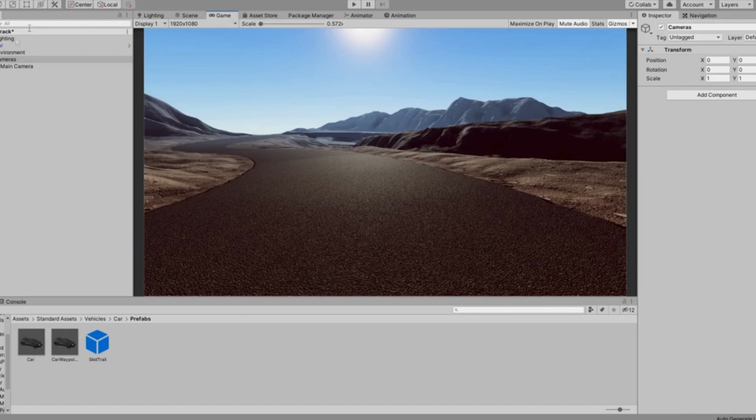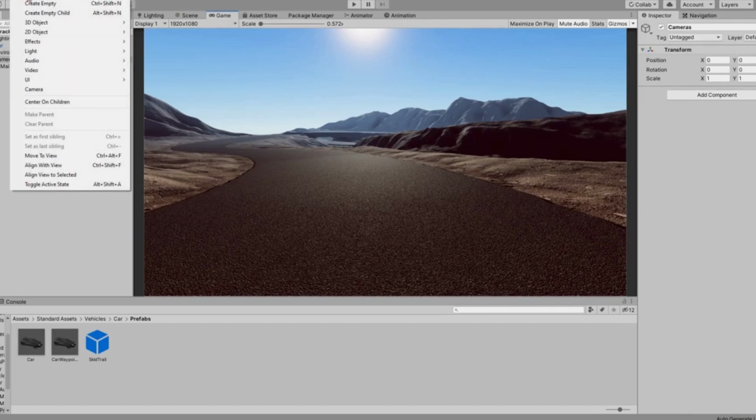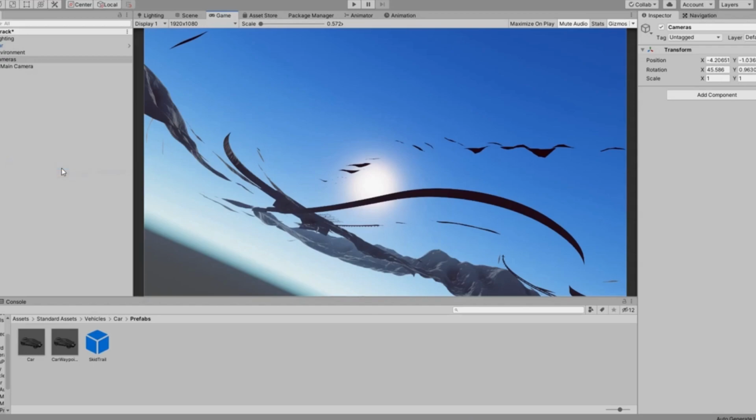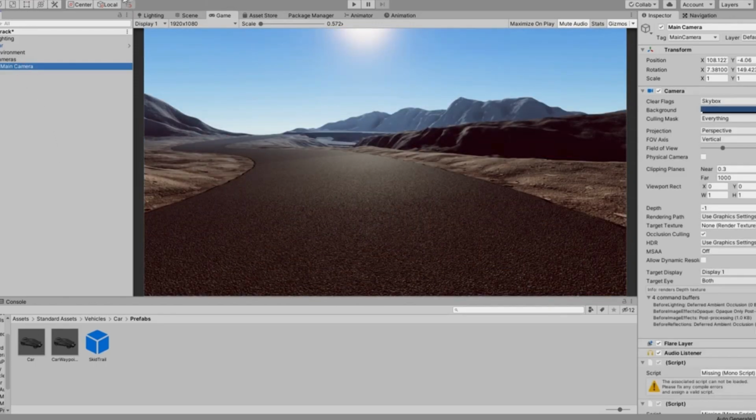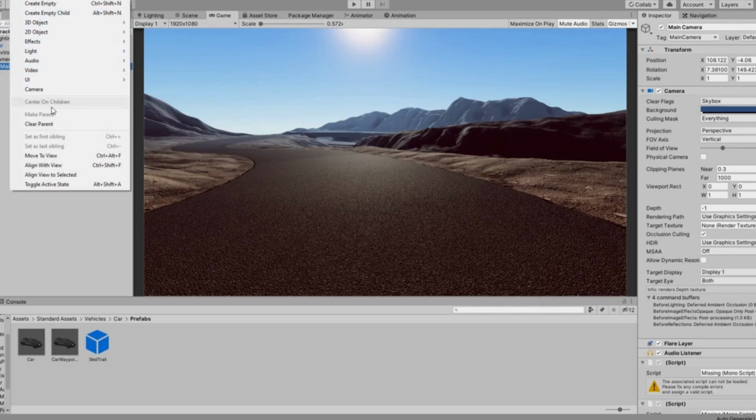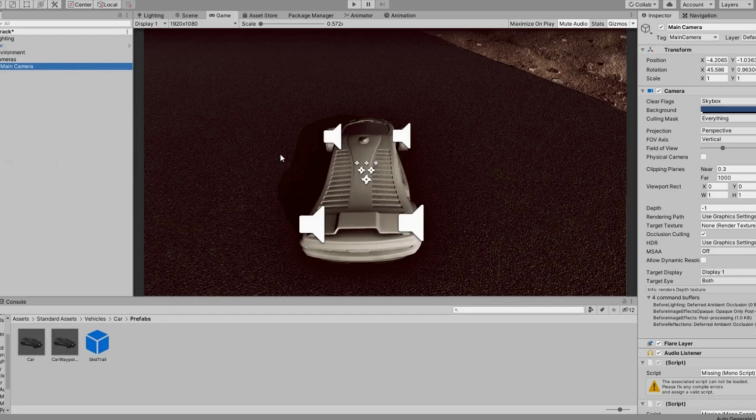Go to the game view and click the game object and click align with view. I will undo it by pressing Ctrl Z, and actually I need to select my camera here. So after selecting my camera, because camera is child of this parent game object, I will click the game object and click align with view, and you can see that our camera is going to this view. So now if I play the game,